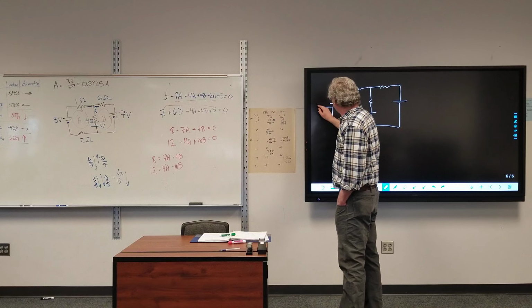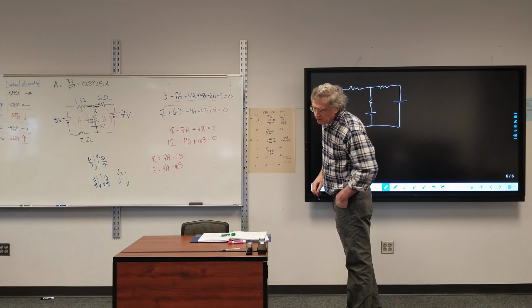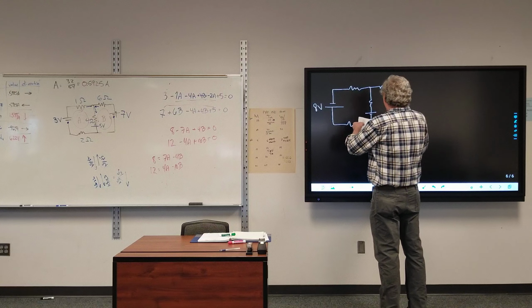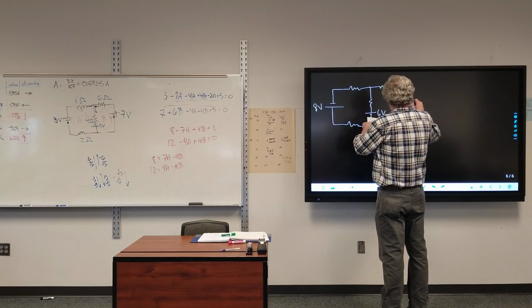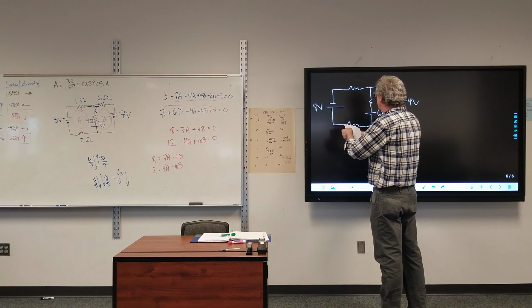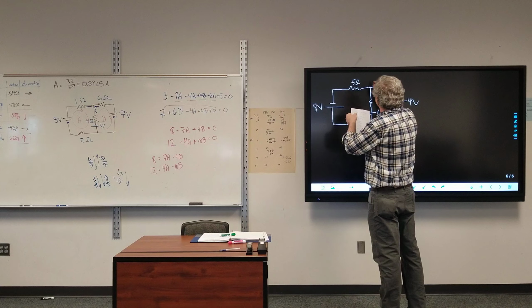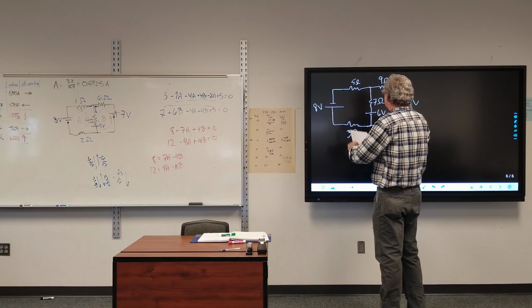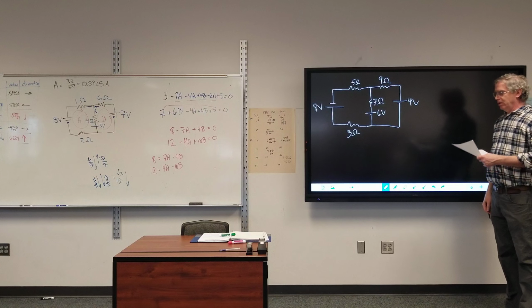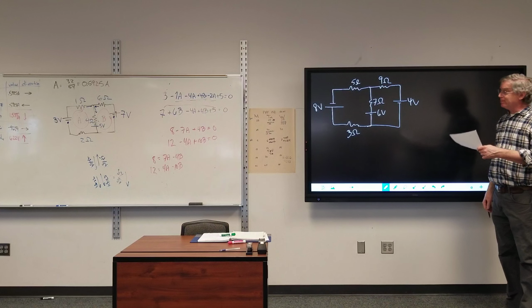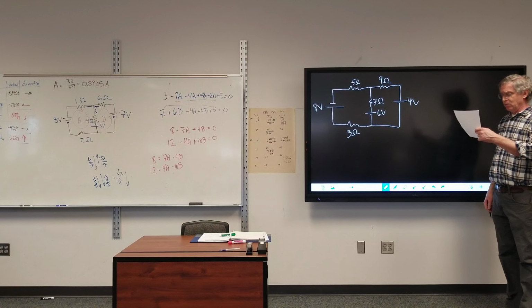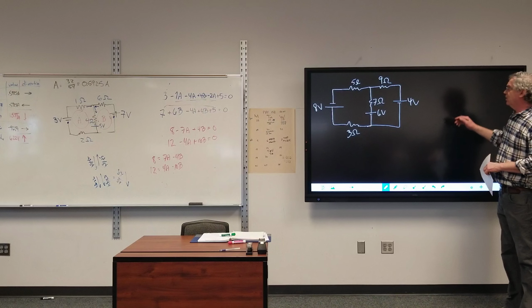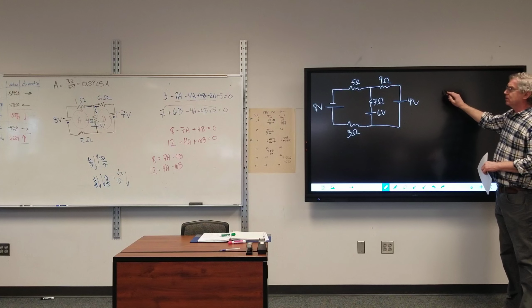And then this is 8 volts, 6 volts, 4 volts, 3 ohms, 5 ohms, 9 ohms, and 7 ohms. What is the current, and in what direction? What is the current across each resistor and in what direction? And what is the voltage across the 9 ohm resistor? So we've got